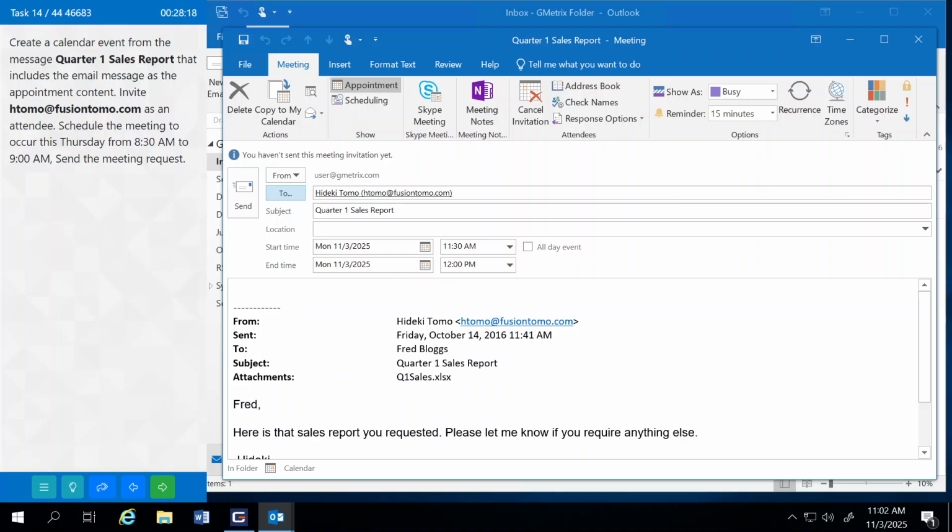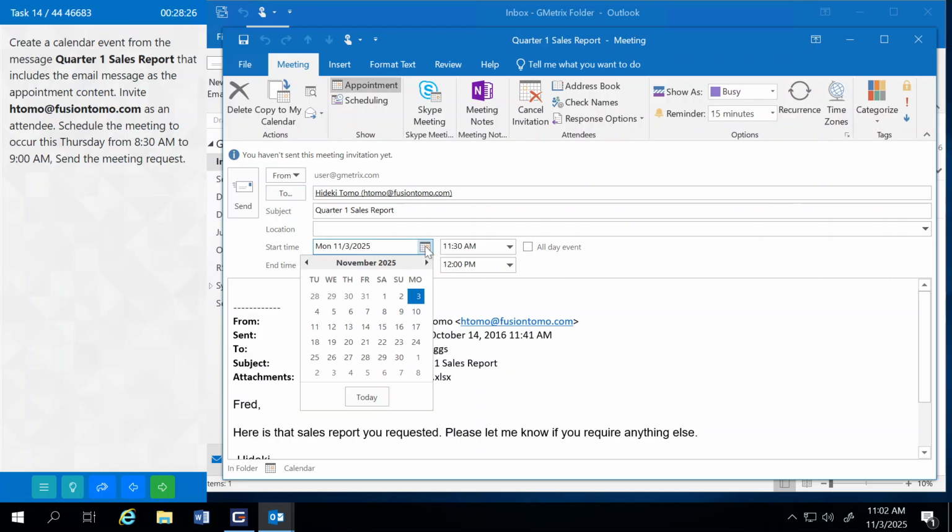Then I want to set the meeting to occur this Thursday. So I'm going to hit my start time calendar icon, and you want the next Thursday from whenever you're completing this question. So mine is going to be, and pay attention to your calendar because remember on another question we set the start of the week to be Tuesday. So our calendar is not showing Sunday through Saturday, it's showing Tuesday through Monday. So just be aware of that as you're choosing your date. So here I have